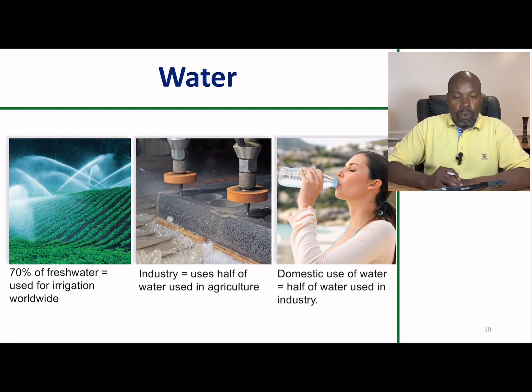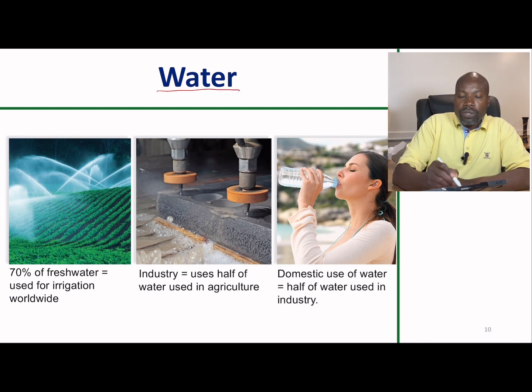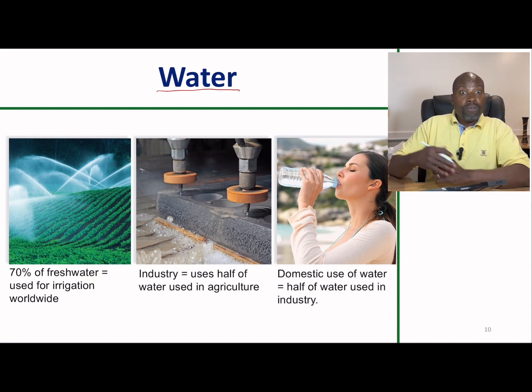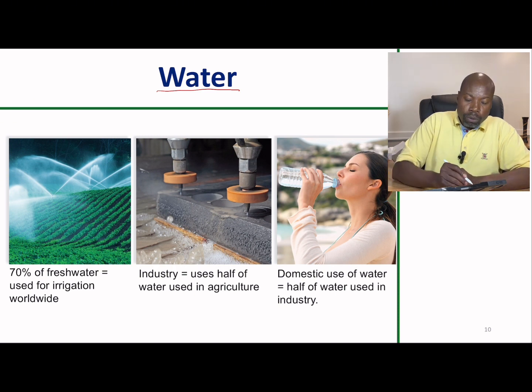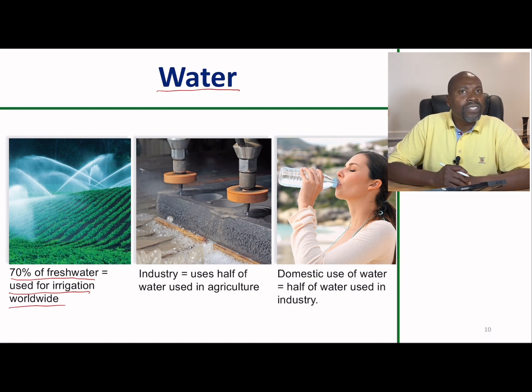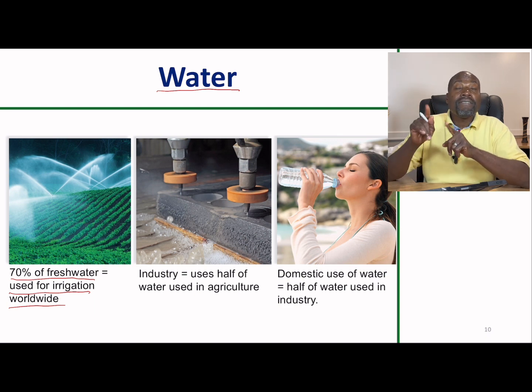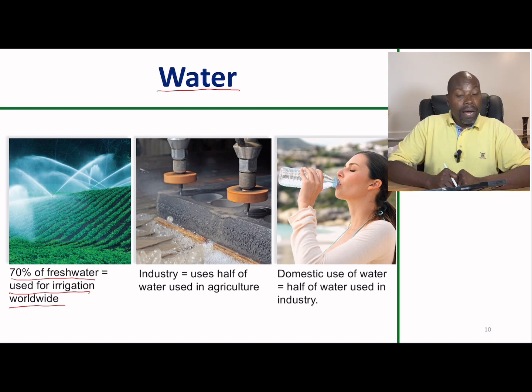Now, how about the water? The water we use is very valuable for the environment, very valuable for us, but we are just using too much of it, right? If you consider how we use water, most of the fresh water is going to be used to water our crops, right? For irrigation. 70% of fresh water is used for irrigation. Okay? Well, let me rephrase this. 70% of water that is used in irrigation is fresh water. There we go. Now, when you consider the use of water in the industry,